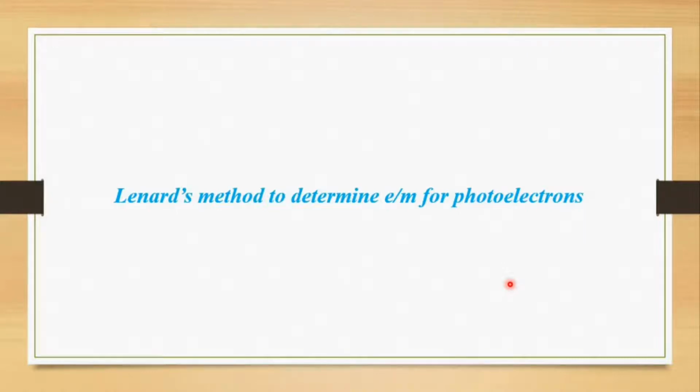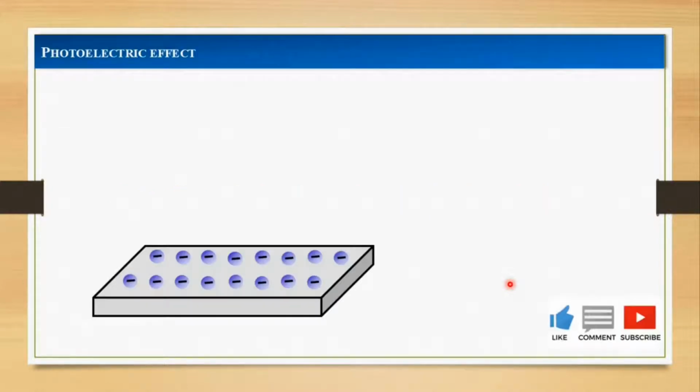Hello friends, in this video I am going to discuss Lenard's method to determine the charge to mass ratio for photoelectrons which are produced during the photoelectric effect. As we know the concept of photoelectric effect, when light falls on the metal surface, some electrons near the